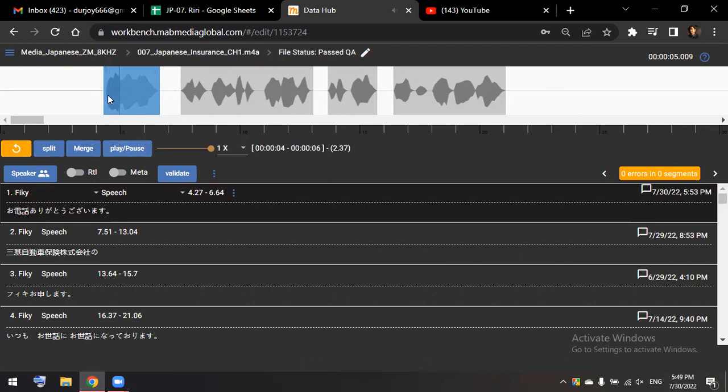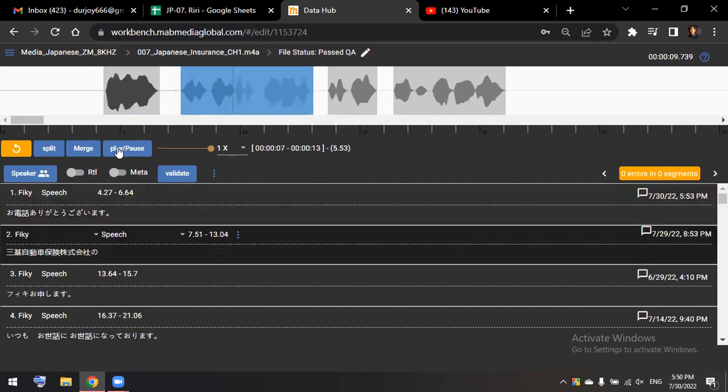So you can hear that that person once said arigato gozaimasu. So on that place you have to just write those arigato gozaimasu, not anything more. And after that, whenever you come to the second box, you have to write the words that are being said in this part.